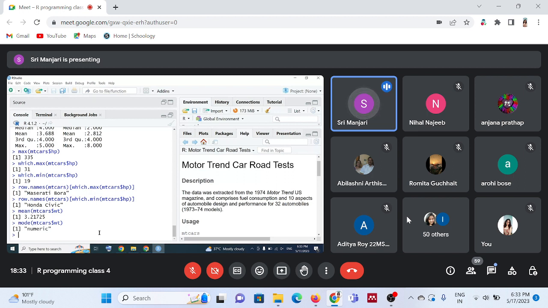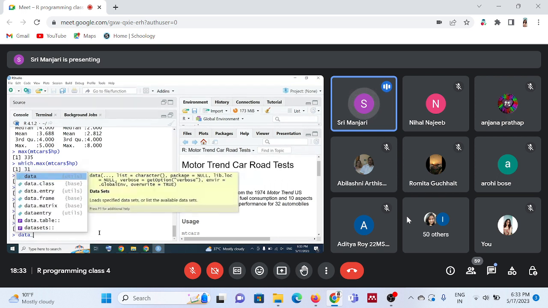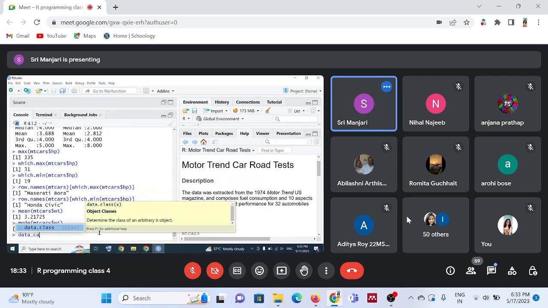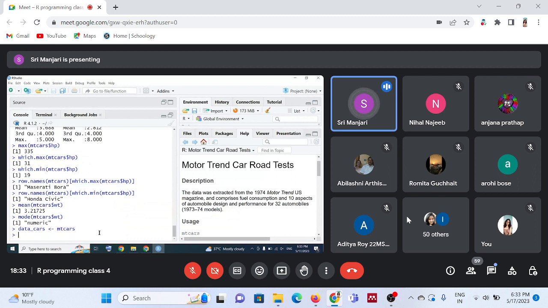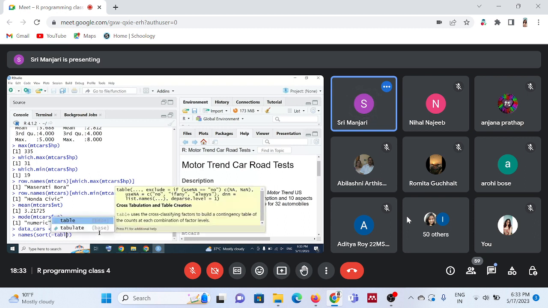Here, suppose I'm giving a name called data_cars, and I'm subsetting it from my main data set, which is mtcars. Now I'm sorting, so sort, you say table of